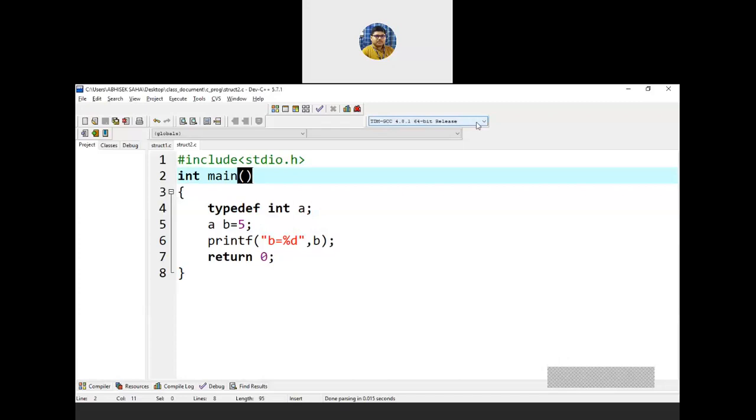What is the meaning of this line? A is type defined as integer. The meaning of this line is, in line number 5, when I am writing a space b,